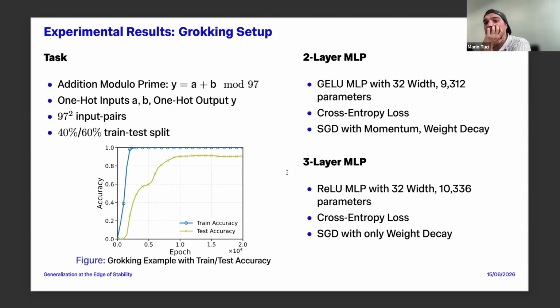And we wanted to test how our dimension works in this setting and if it actually predicts grokking or has the same behavior. So we do a simple experiment, how people do when they test grokking, on this data set here. And we do it for a 2-layer MLP and a 3-layer MLP. I'm aware it's kind of small, but we will see later that we also scaled our experiments up.